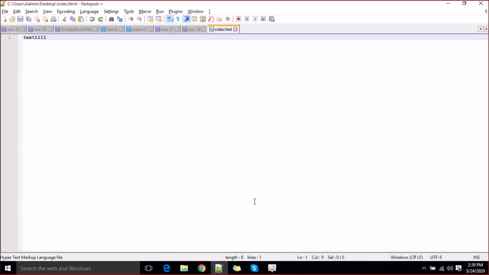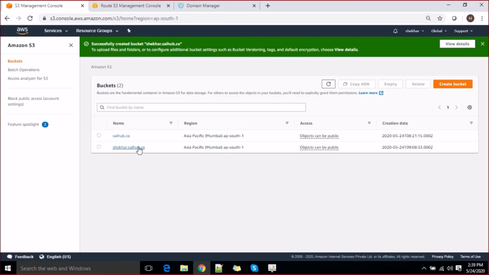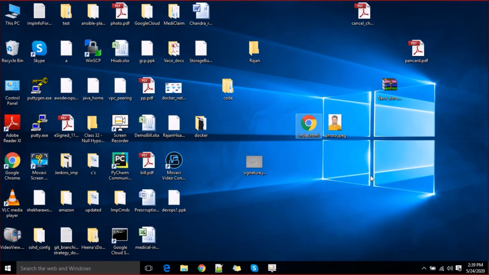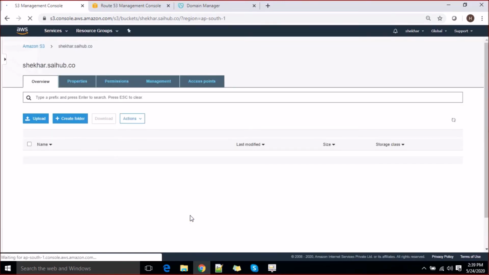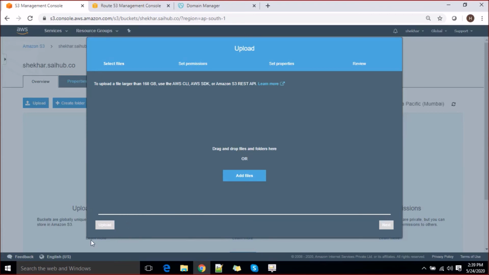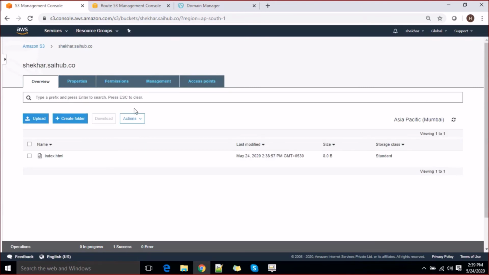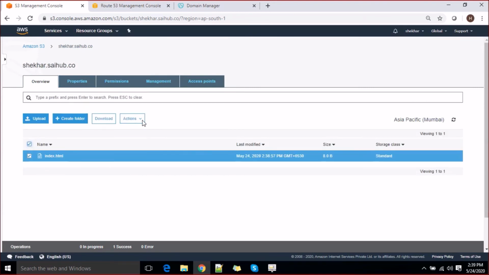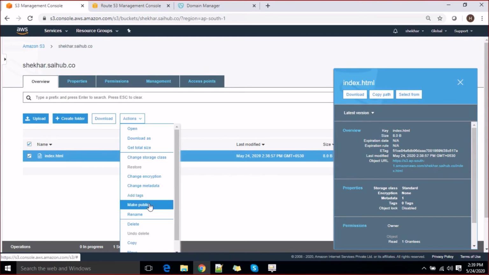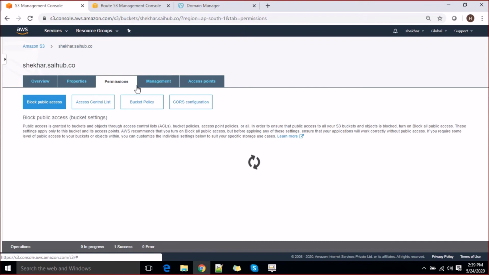Right, so we'll go ahead quickly and upload my index.html, let's say, for accessing this here. So let's click upload here. I will make it public. I will go ahead and go to actions. You can mark it as public, and you can go to the properties section, sorry, management section.